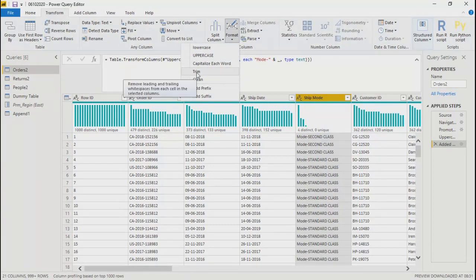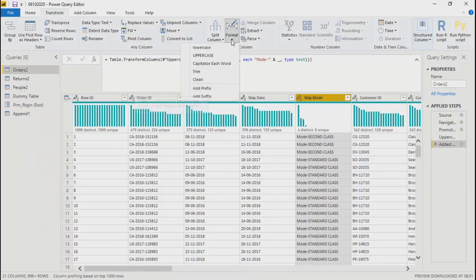What is trim? Where do we use trim? In text format, if I want to trim some left data or right data, in Excel the ltrim and rtrim functions are there, similar to that. These are format functions: uppercase, lowercase, trim, clean.